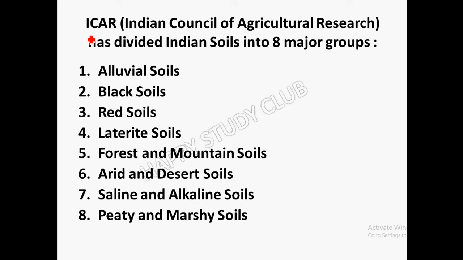What are these things? ICAR, CACP, MSP, or FAO, Food and Agriculture Organization. MSP is Minimum Support Price. These are all very important terms for your Nabard examination that you must know. But now we will just learn about ICAR, and I will tell you all other related terms, which are related to the Nabard exam, in another video.